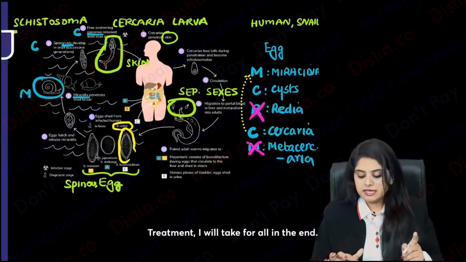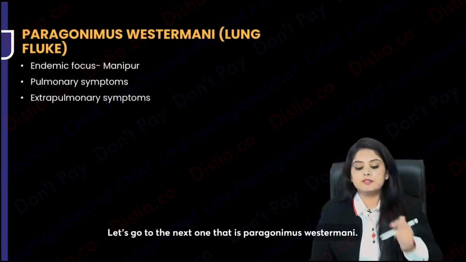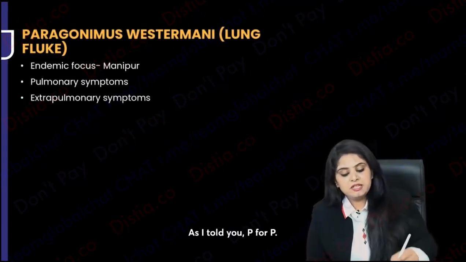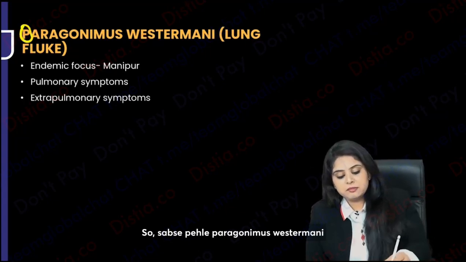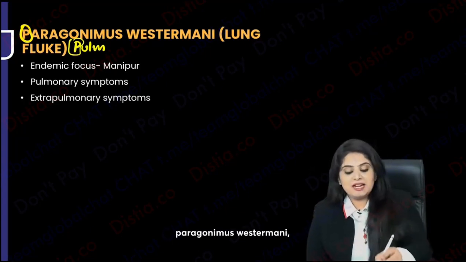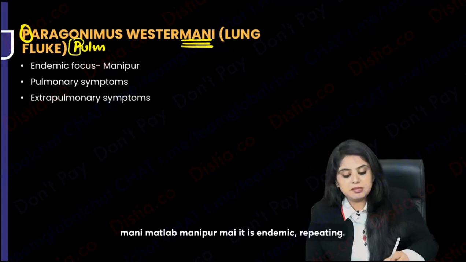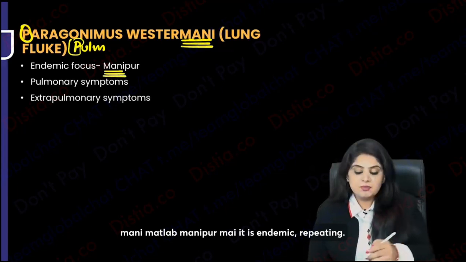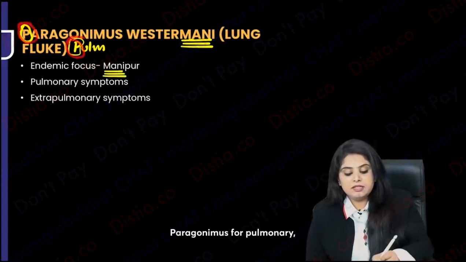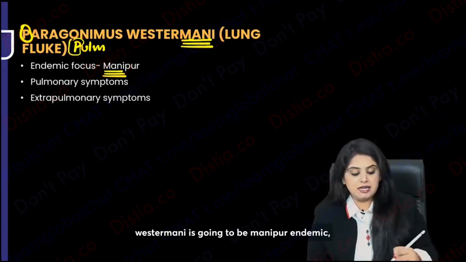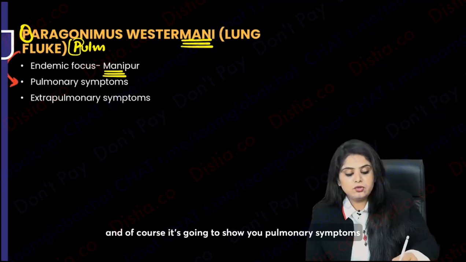Treatment I'll take for all in the end. Let's go to the next one, that is Paragonimus westermani. As I told you, P for P. So first of all, Paragonimus westermani is going to be the pulmonary fluke. So lung fluke, pulmonary fluke. Paragonimus westermani, mani means Manipur, it is endemic there. Repeating, Paragonimus for pulmonary, westermani is going to be Manipur endemic, and of course it's going to show you pulmonary